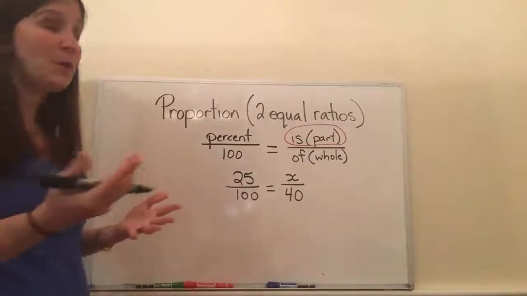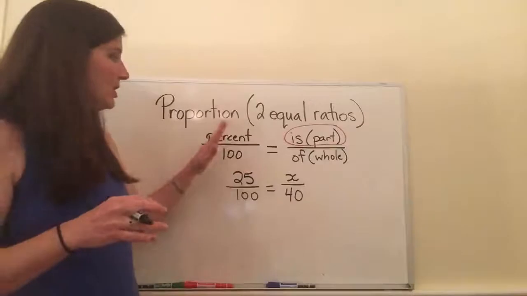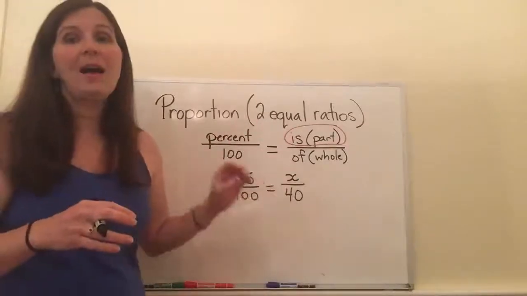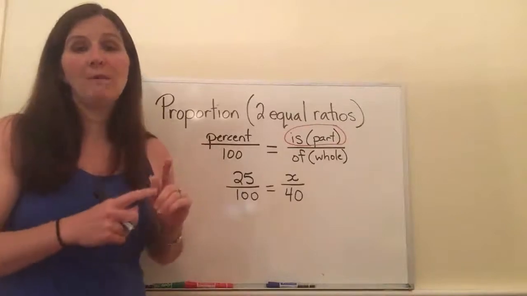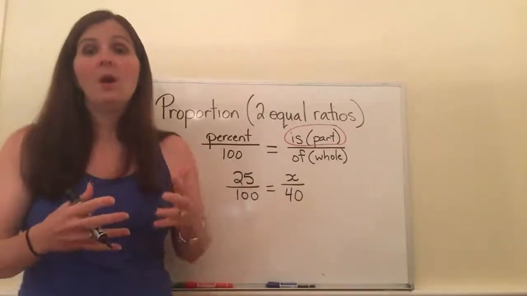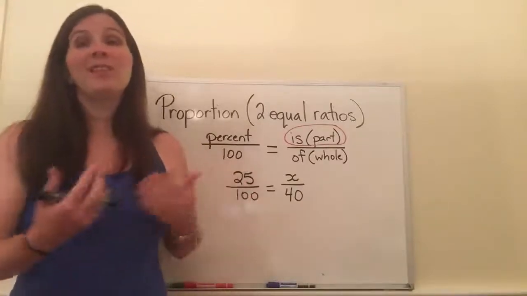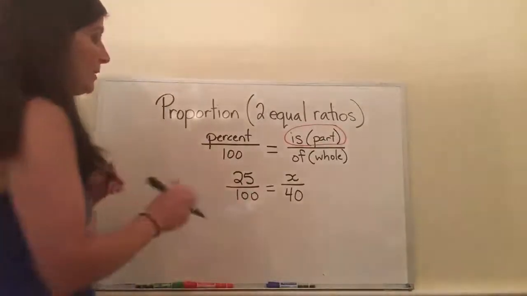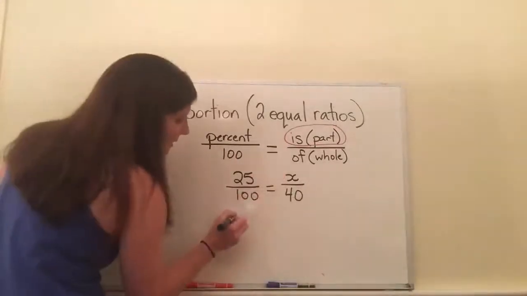Now I'm going to cross multiply. When I'm cross multiplying, no matter which section I'm looking for, I always start cross multiplying to include my variable, because most of you are much more comfortable with the variable of an equation being on the left side. So when I do this, I'm going to start with 100 times x equals